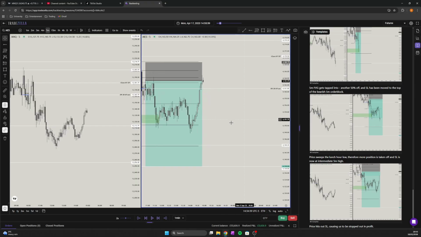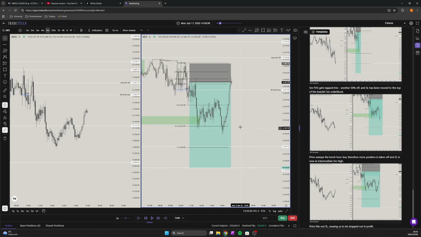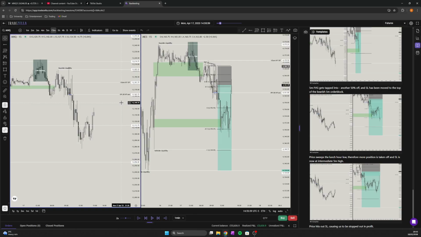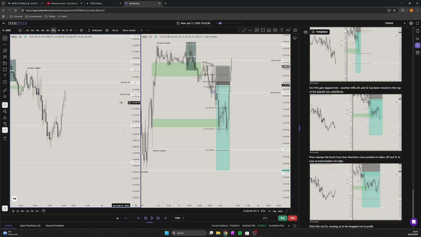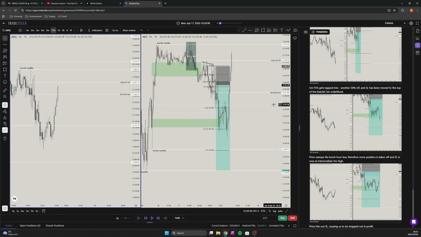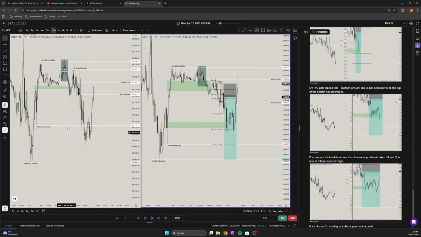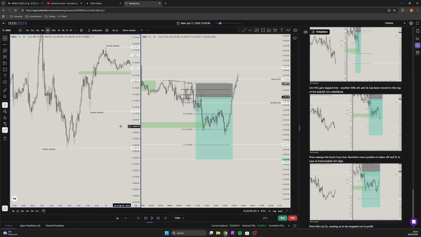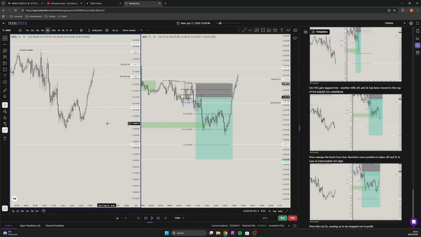Would it have continued on higher? Is this the algorithm kicking in? Oh, it might be. It's the manipulation taking out those lows. Or we get an SMT higher. I'm actually curious. I want to see what happens if the price accelerates off higher. It does. Someone probably caught a trade in the afternoon then. That's cool. So we can see price reached into, what is this, like internal liquidity? 5-minute internal liquidity. Order block, we have a low that gets swept.